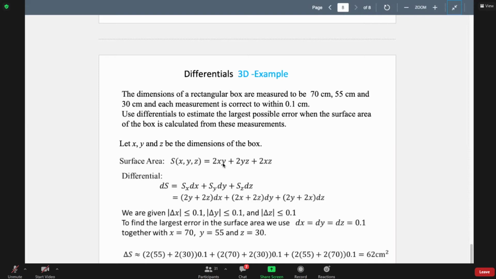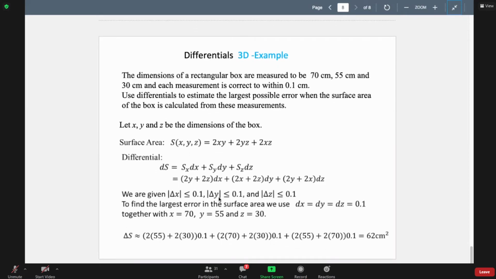Partial derivative with respect to x, well, 2y plus 2z, 2y plus 2z dx. Partial derivative with respect to y, well, 2x plus 2z dy. And partial derivative with respect to z is 2y plus 2x, 2y plus 2x dz. Okay, and now